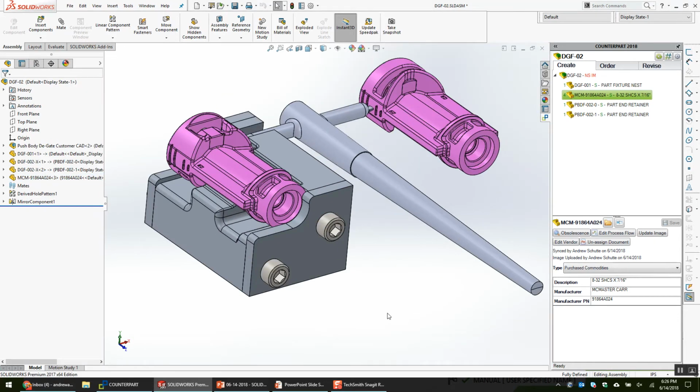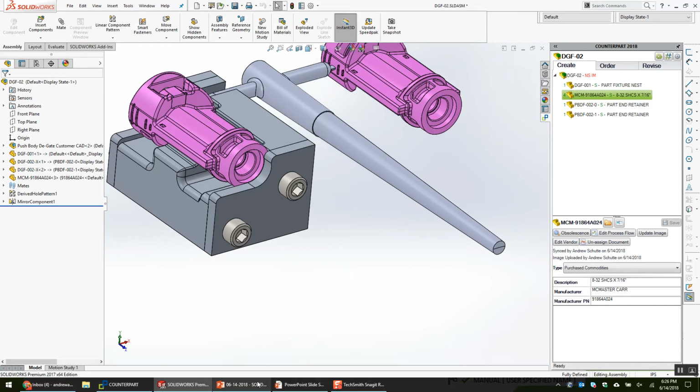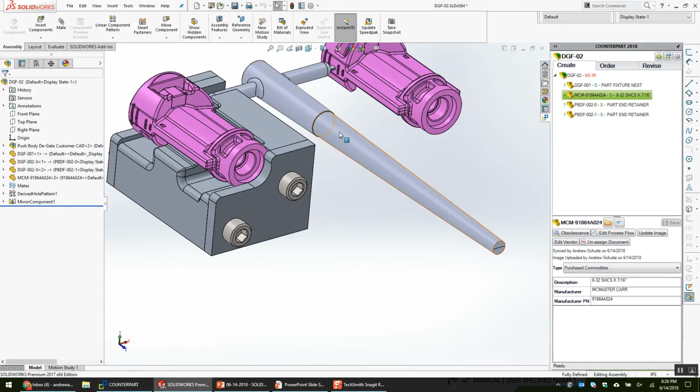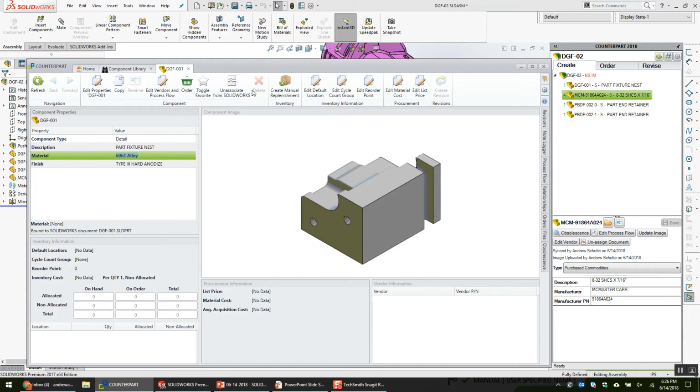So the really cool thing about Counterpart 2, specific to bills of material, is bills of material all show a parent and children. So the definition of a bill of material is here's an object and here are the sub-objects that make up that object. And that's kind of what I was saying, it's a great communication device to push that data outside the engineering department. If we just printed everything, we wouldn't use bills. So in Counterpart, we have the ability to extract even more information